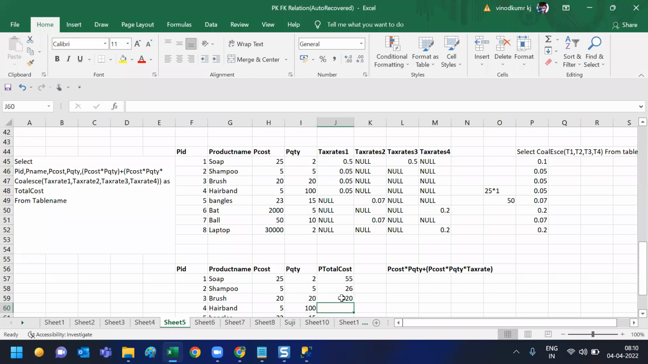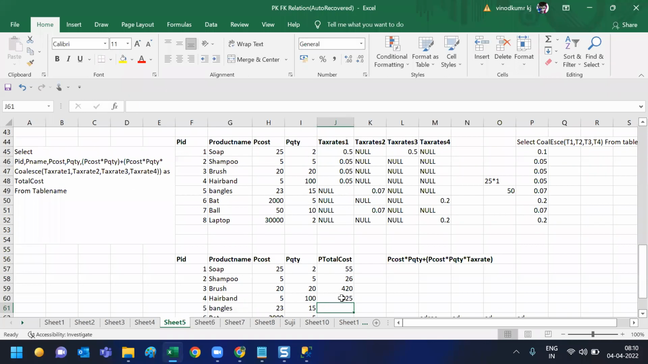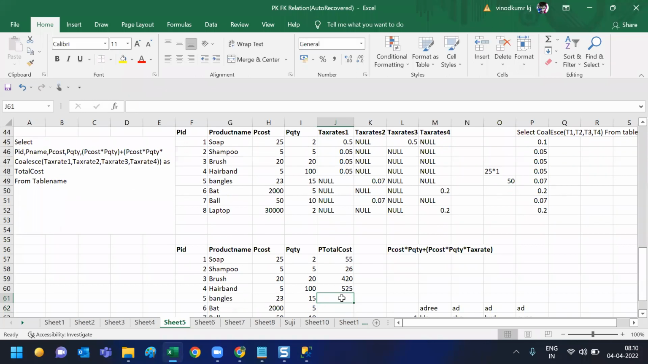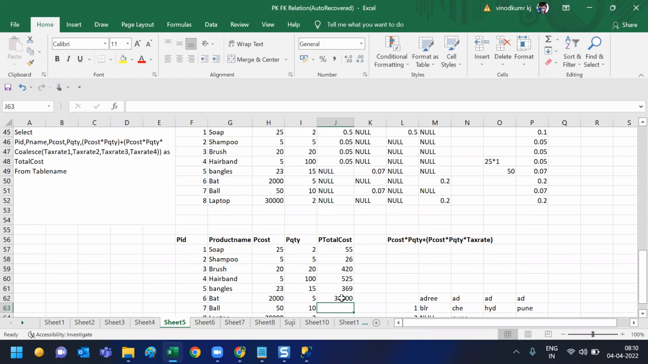Next 500. 500 lo 525. 525. And this will be 369. And this would be 36,000. Okay. Then 535. Next